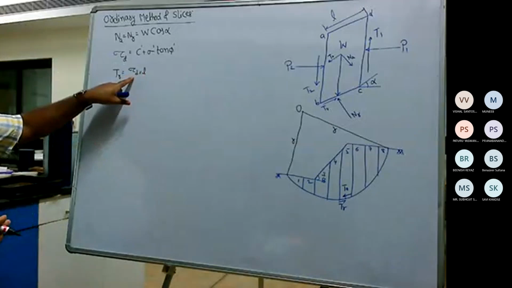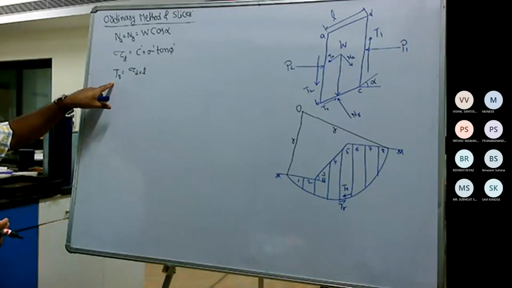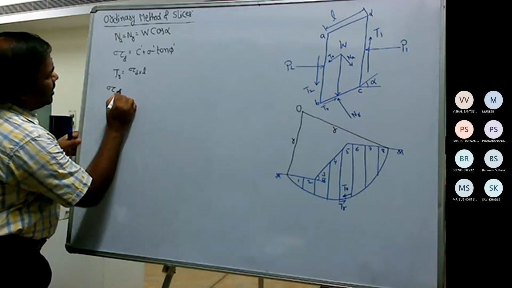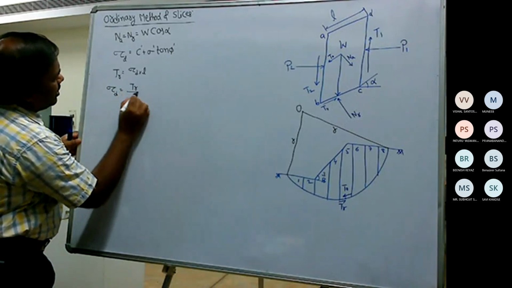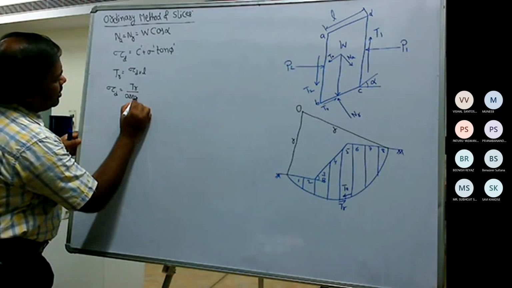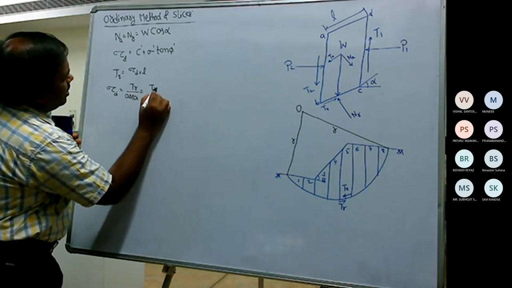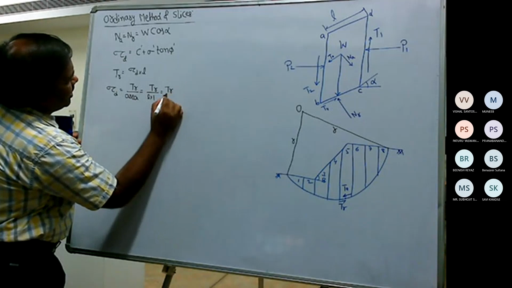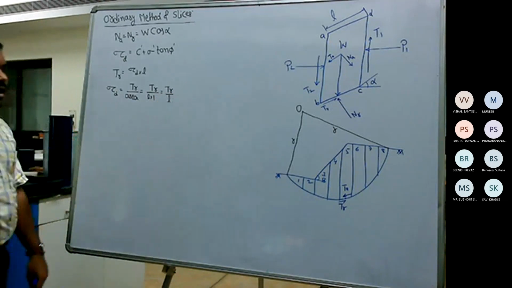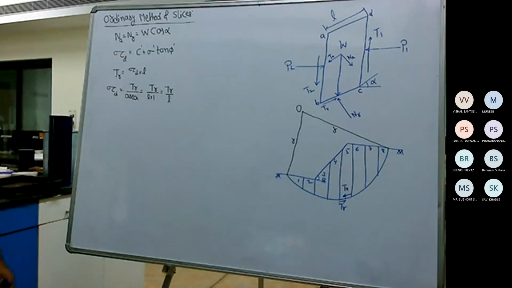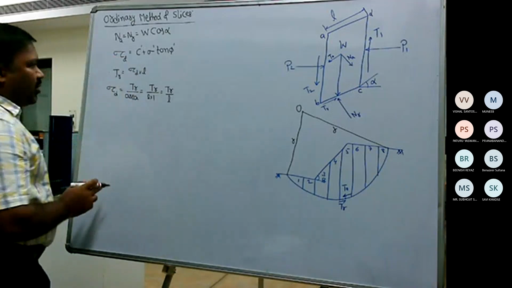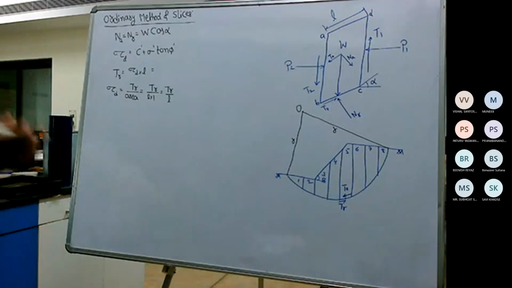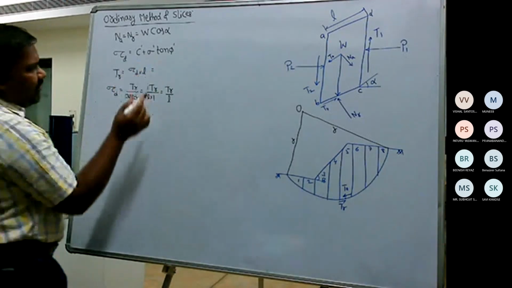Or the shear strength is nothing but TR divided by the area. The other way of understanding this is, tau D is nothing but TR divided by area. So this is TR divided by L into 1, or simply TR divided by L. If anybody is not able to understand... Okay, so here is a small mistake we committed in the previous class. Just try to rectify.